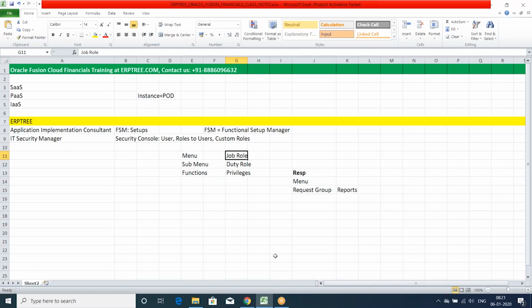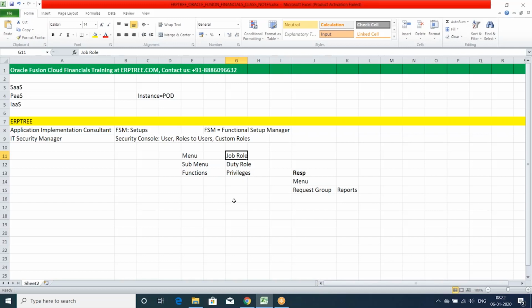I see. In EBS, the menu is different and the request group is different, right? Indeed. But here in Fusion, within the job role you can have both. There is no separate request group concept in Fusion to manage our programs.